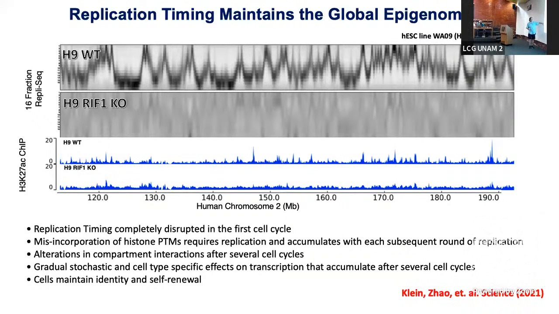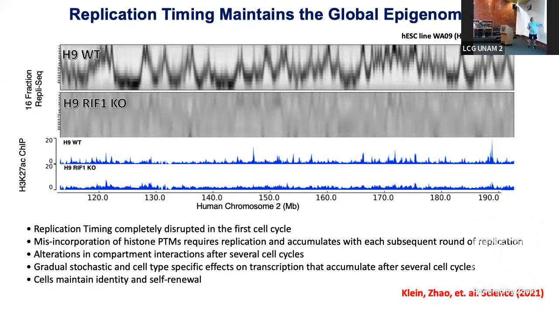And what I'm going to show you in the next slide is, well, I'm actually not going to show this exact data, but we could show that, by using a conditional knockout of RIF1, the replication timing program was completely abrogated in the very, very first S phase after we lose the protein. So equally disrupted as a knockout clone that you've cloned up from a single cell and expanded, et cetera. So in the very first cell cycle, the replication timing program is disrupted.